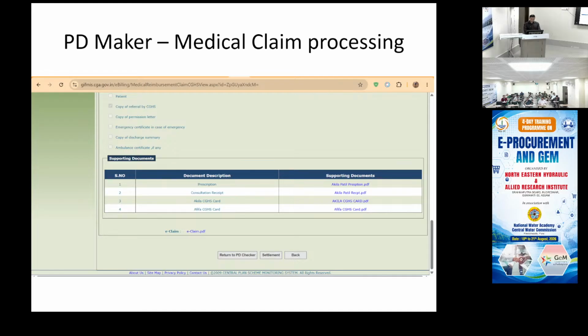So when you open that, ये सारे डॉक्यूमेंट्स हैं जो स्कैन करके अपलोड किए गए हैं. द प्रिस्क्रिप्शन, कंसल्टेशन रिसीट, CGHS कार्ड.